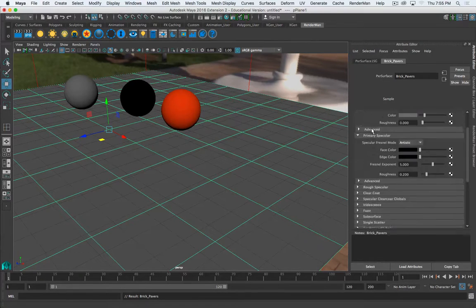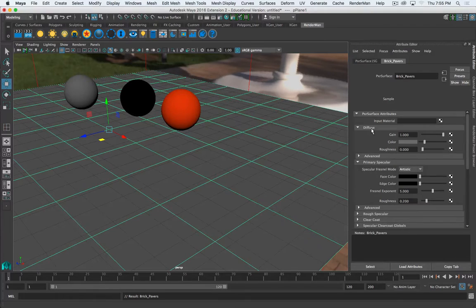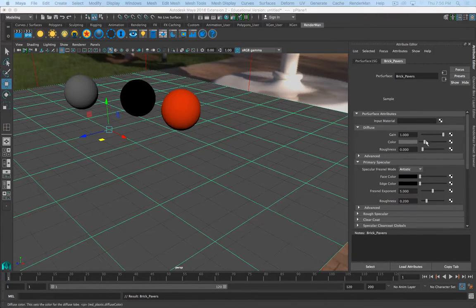And so the way that you apply textures to shaders is this little checker box right next to all of these different options. And anytime there's a checkbox or a checkered box, it's somewhere that you can apply texture or an additional shader node, things of that nature. So let's start with just